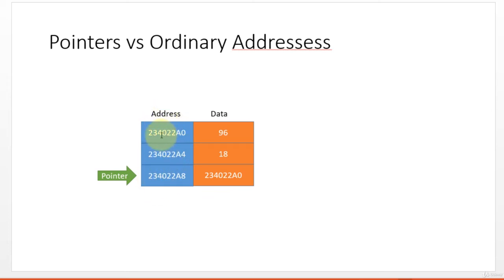In the left column are your addresses in hexadecimal notation. And you can see here the addresses begin. This is just an example, 234022A0, and increments in 4 bytes. The next address will be 234022A4, an increment of 4, and then the next one will increase another 4, and you get 8, and on and on. And in the right column are the corresponding data that is stored in each of these